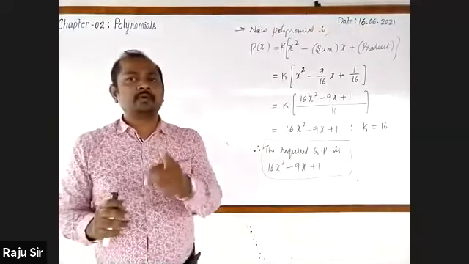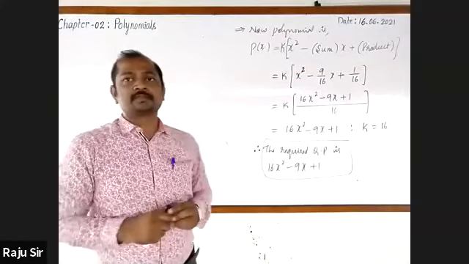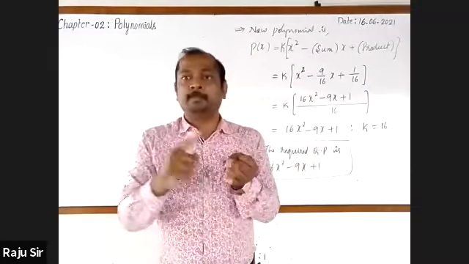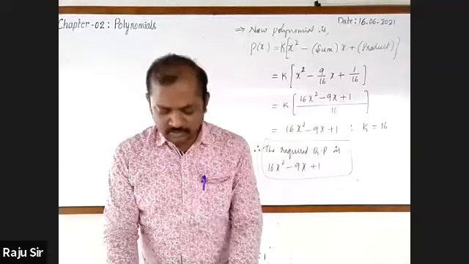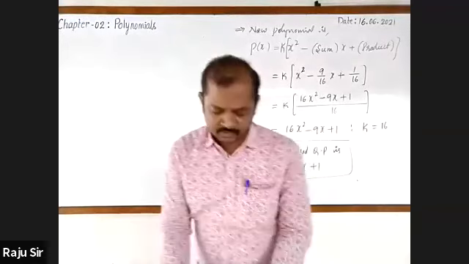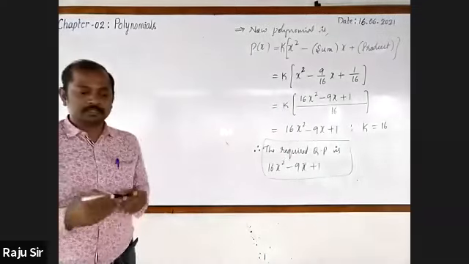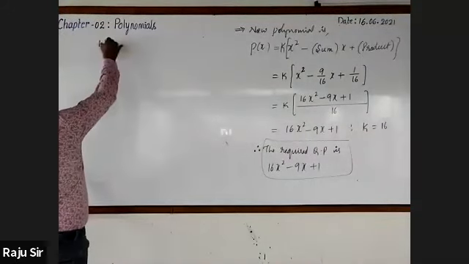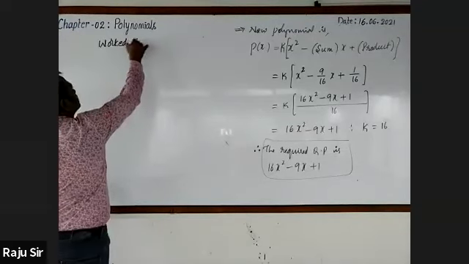Next, we are going to focus on another very important type of problem on applications of zeros of polynomial. It is finding the value of some unknown terms like k, p, m. So I'm going to give you such problems also. In the exam, you can expect it for 1 mark or 2 marks. Yes. Right. For this, you have to write a separate side heading. Worked examples. It's based on applications of zeros of polynomial only. Worked examples.